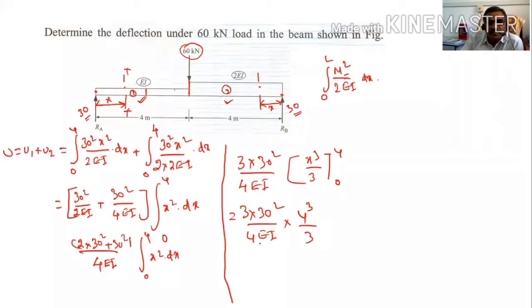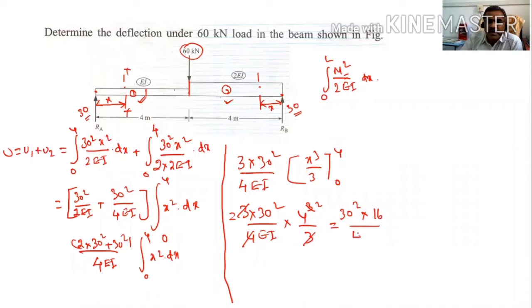Right? If we cancel this 4 and then it is 4 square. 3 we can cancel. So this will be 30 square into 16